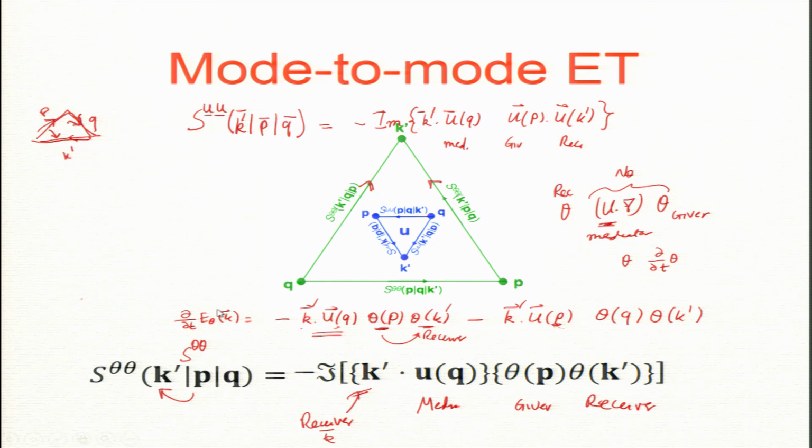Now, once I know the mode to mode energy transfer, I can define flux. So what is the flux? Flux is theta squared coming out from the modes inside the sphere to the modes outside the sphere. That is the definition. It is a scalar quantity, not like a vector quantity; it is a multi-scale energy transfer. The modes inside give to modes outside. So P is here, K prime must be outside, and Q will of course be there, because without Q transfer cannot take place. Though it is mode to mode, the mediator is important; the mediator must be present, otherwise no transfer.